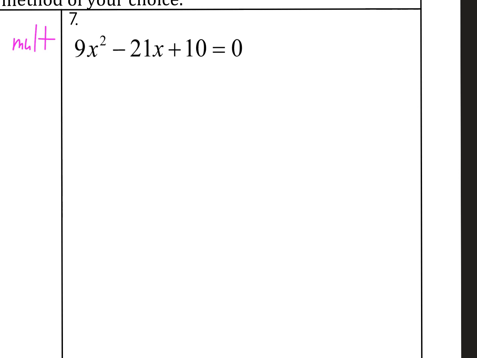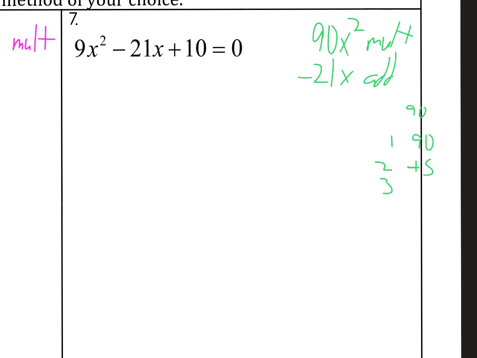I guess I'll try factoring again. If it works, I'll do another method just in case. But let's try. 90x squared is what we want to multiply to, and we want to add to negative 21x. Well, 90, I've got 1 and 90, 2 and 45, 3 and 30,